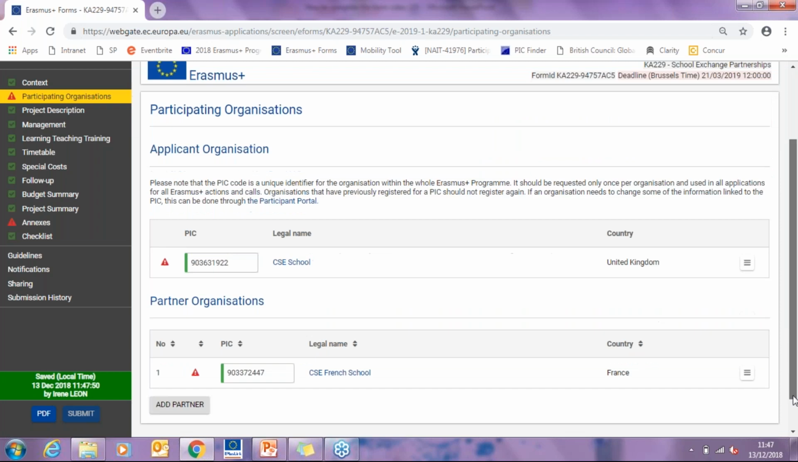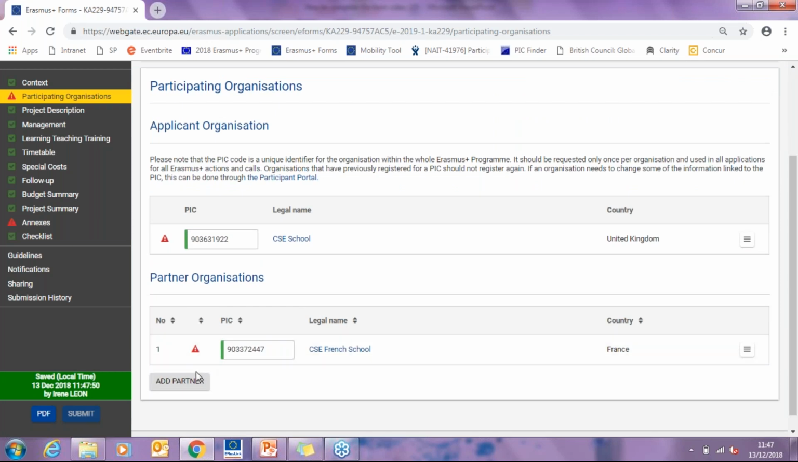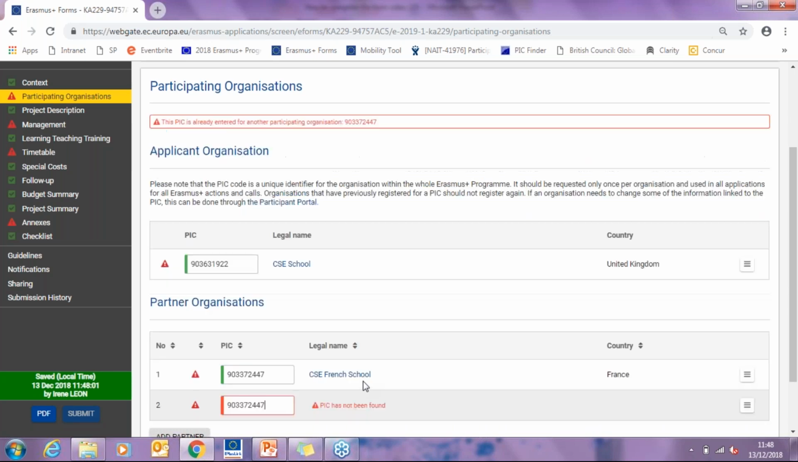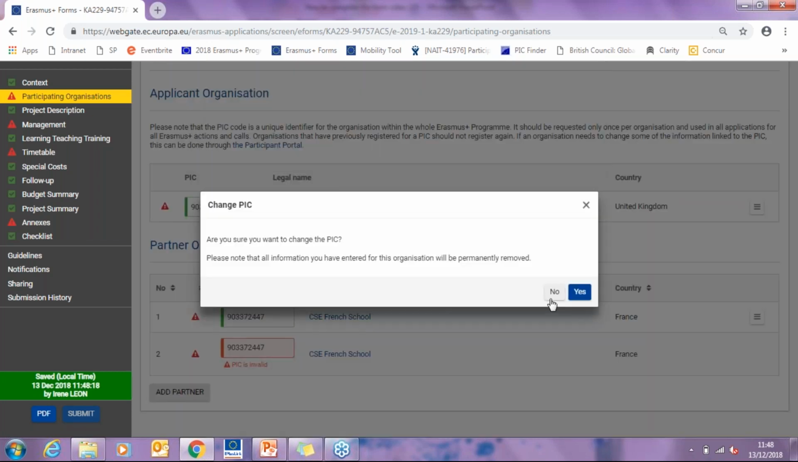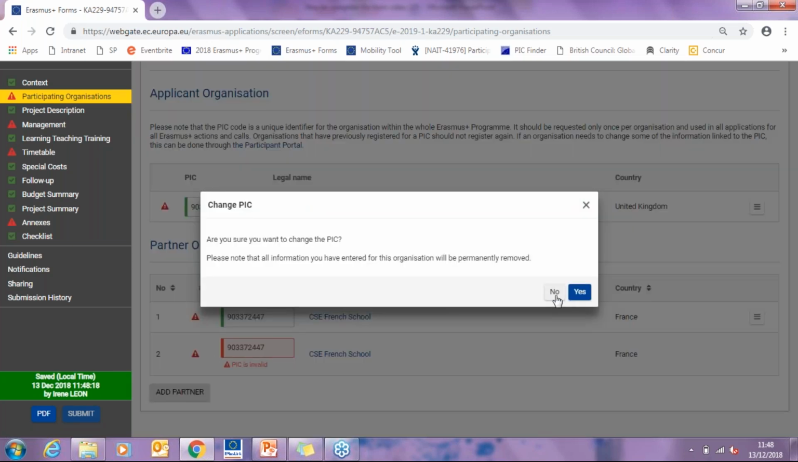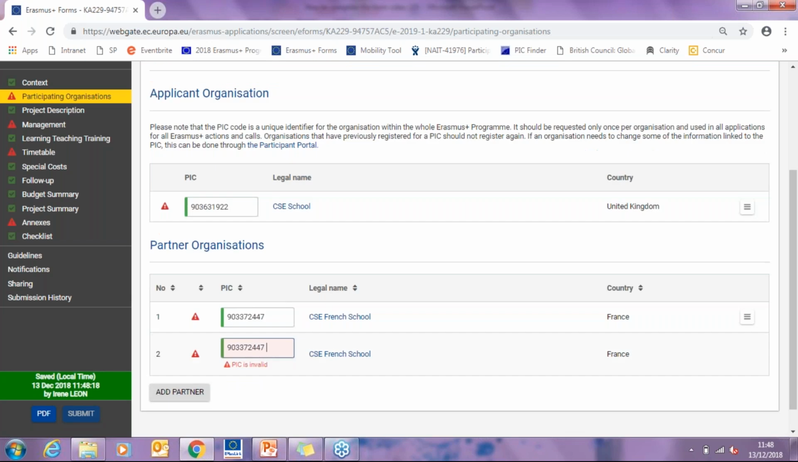You will then need to do the same for your partner schools. If you have more than one partner, you will need to click on Add Partner, and then you will need to enter the PIC number. Please note that if you're copying and pasting the information, there might appear a space at the end that will show as an error. So please check that there are no spaces, because otherwise it will show as invalid,